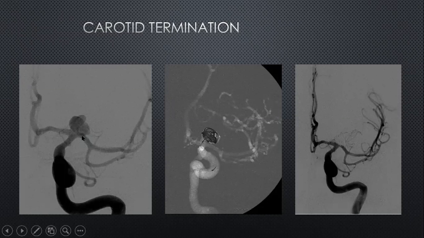And this division can be variable in terms of the equality. Sometimes the ACA can be small or hypoplastic, and that would mean that the ICA would go predominantly towards the MCA, or sometimes it can be symmetric, like in this patient over here. And it doesn't necessarily have to be a straight T. Sometimes it is quite an angled T, especially in the sagittal plane.